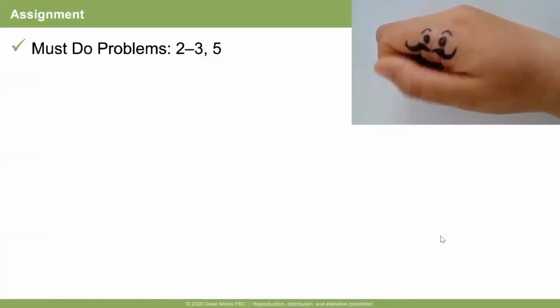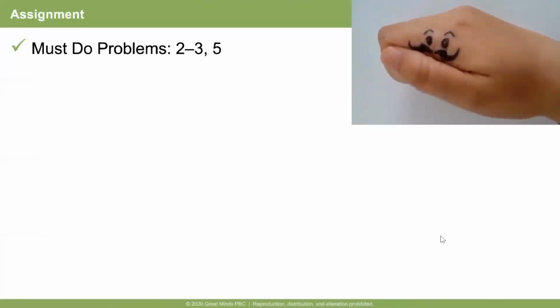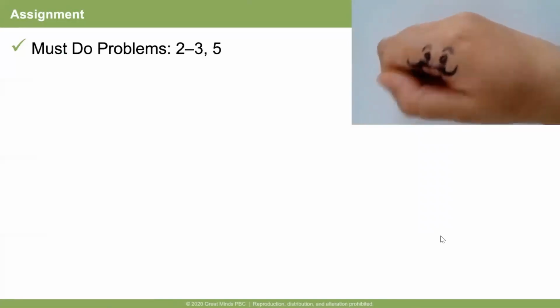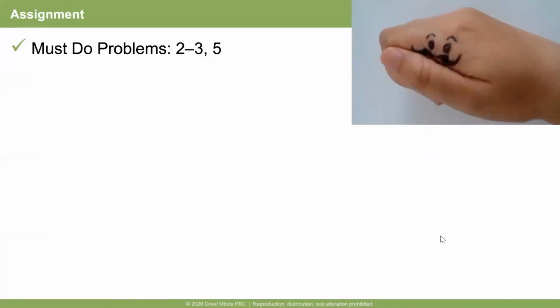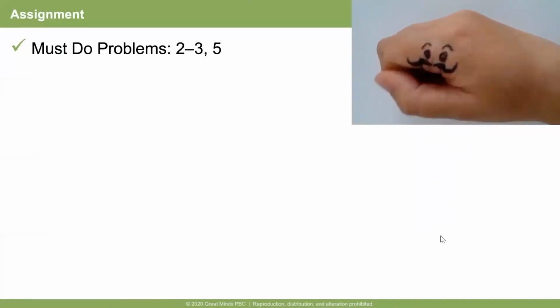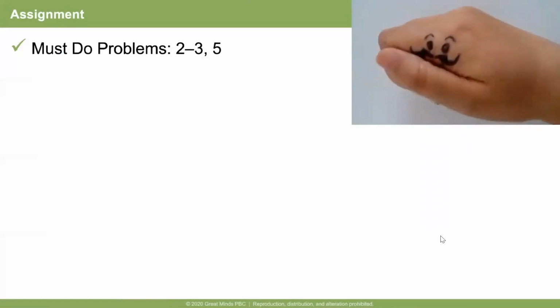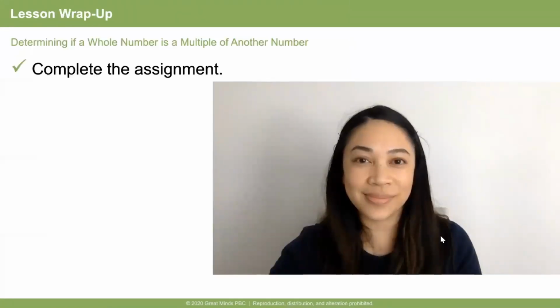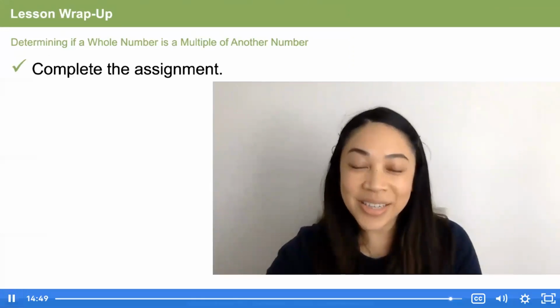Students, your must-do problems are here on the screen. Go ahead and set a timer or watch the clock for 10 minutes to continue working on these problems. Of course, if you have additional time, feel free to work through any other problems on the pages. Today's lesson was all about